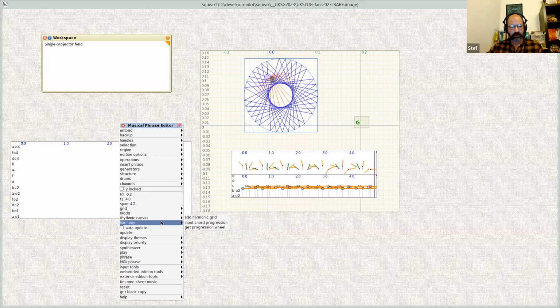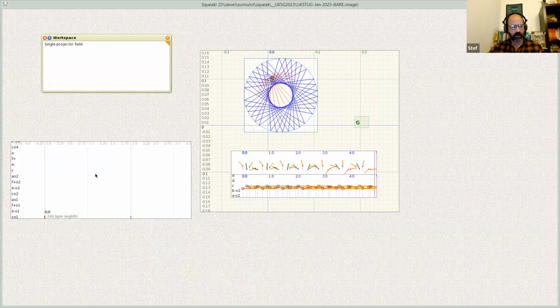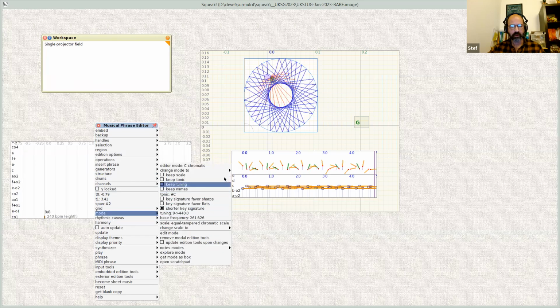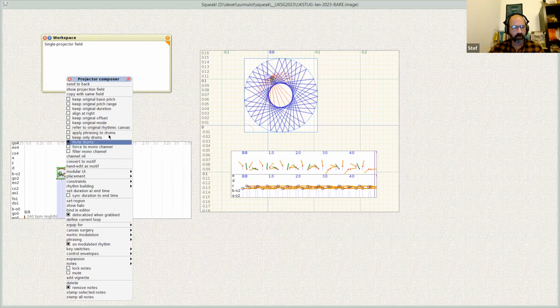I will give it some rhythmic cadence. Let's say 8/8. I will give it a musical mode. Let's say mixolydian. Okay. So this generator, I can put it here and ask it to take